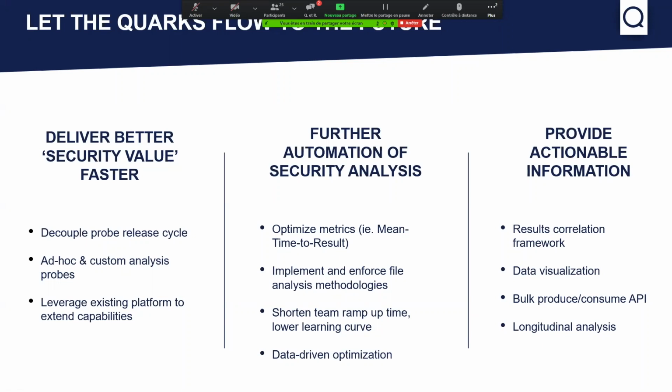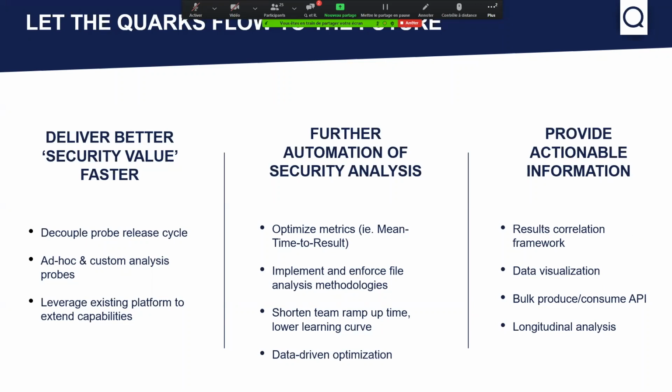The other component that is necessary to improve analysis capabilities is to have a good data visualization paradigm, things that let humans detect patterns or dig deeper into certain details. And there's a lot of work to be done in that area.